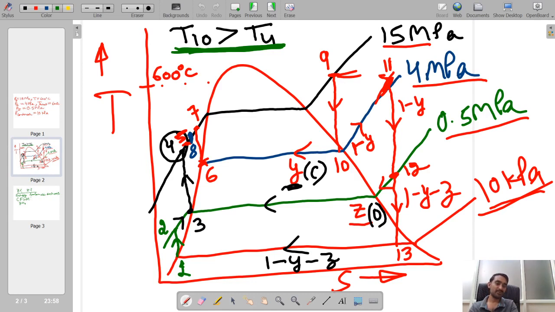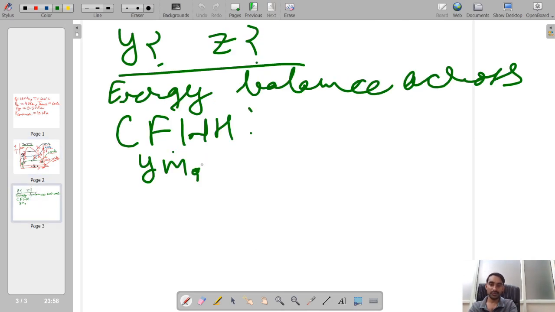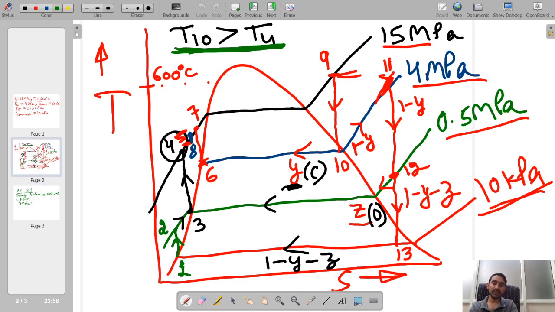It means whatever mass we have taken will be nothing but Y times of M9. And then this we are taking with enthalpy of 10. So this mass into H10, and plus with this we are allowing to mix which part? This point number 4. If you see the mass at point 3 will be nothing but, at point 2 how much was the mass? At point 2 the mass was 1 minus Y minus Z, and the mass which was entering at point 12 was nothing but equal to Z.